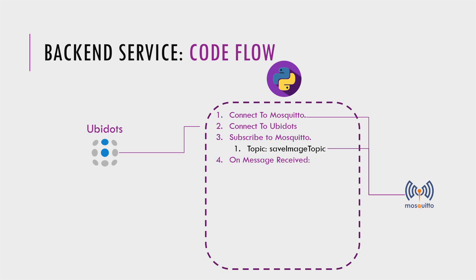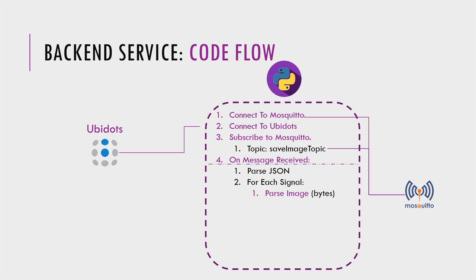Then we have some events from the MQTT service. For example, on message receive, when we receive the message from the simulator, we have a few steps to be done. The first step is to parse the JSON data from JSON to JavaScript. And then for each signal, as we discussed earlier, the simulator sends an array of the different signals' data, which basically have the images. So for each signal image we proceed with these steps.